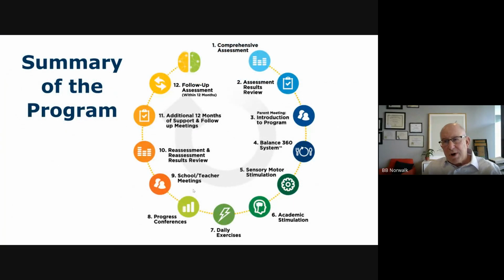So the way the program works is that every child in our program has a comprehensive assessment. It takes about 90 minutes looking at all these different brain systems. We review results with parents. If parents decide to work with us, we have an introductory meeting, which is called a welcome meeting, where we allow the parents to have access to our portal, which has a wealth of information, supportive material, nutritional material. Children get what we call a gear up kit, where we have children do work at